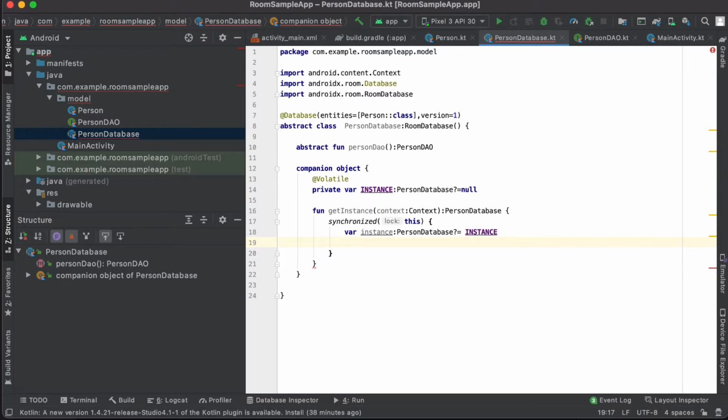If instance equal to null, then getting an instance from Room.databaseBuilder,